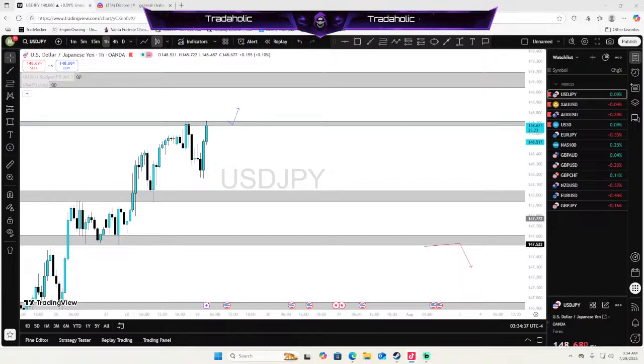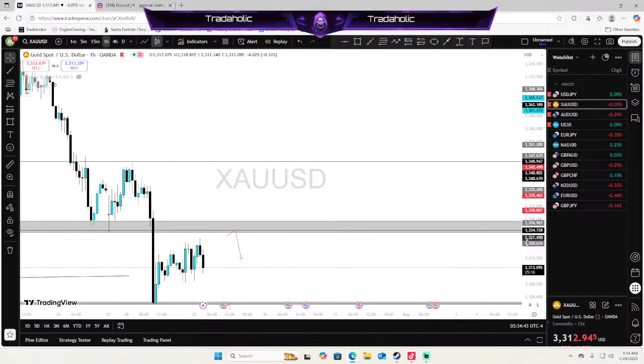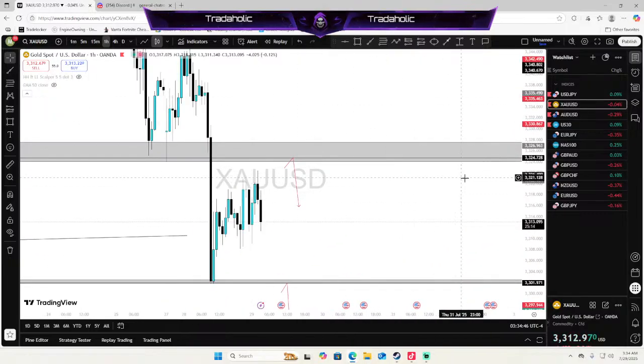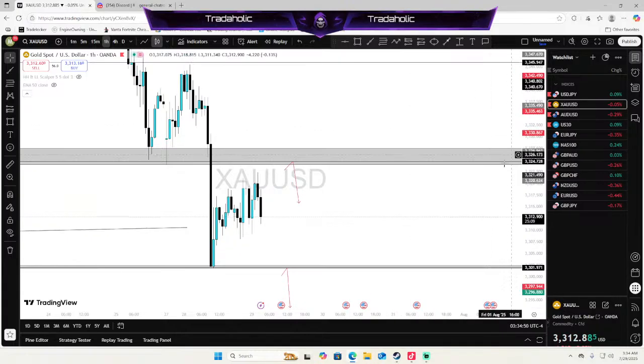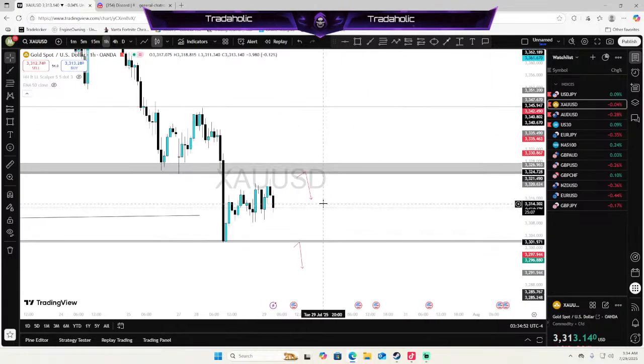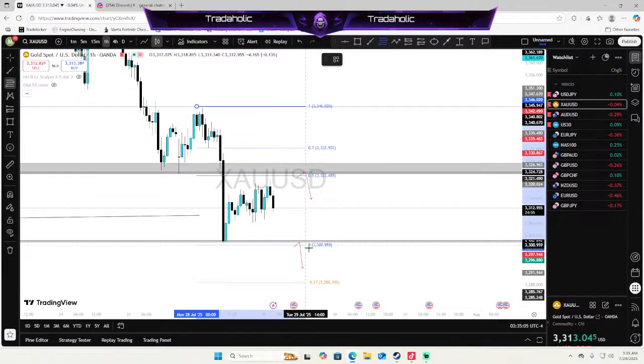Currently in a seller mode at the moment. I like gold sales, but it just hasn't given me an entry yet. I'm waiting for gold sales as well, but I'll need a deeper pullback than this. I want my pullback to tap into 3,324. But I do like the sales overall. I just wanted a little deeper pullback into this previous low right over here that also lines up with a fib level rejection at this 50%.